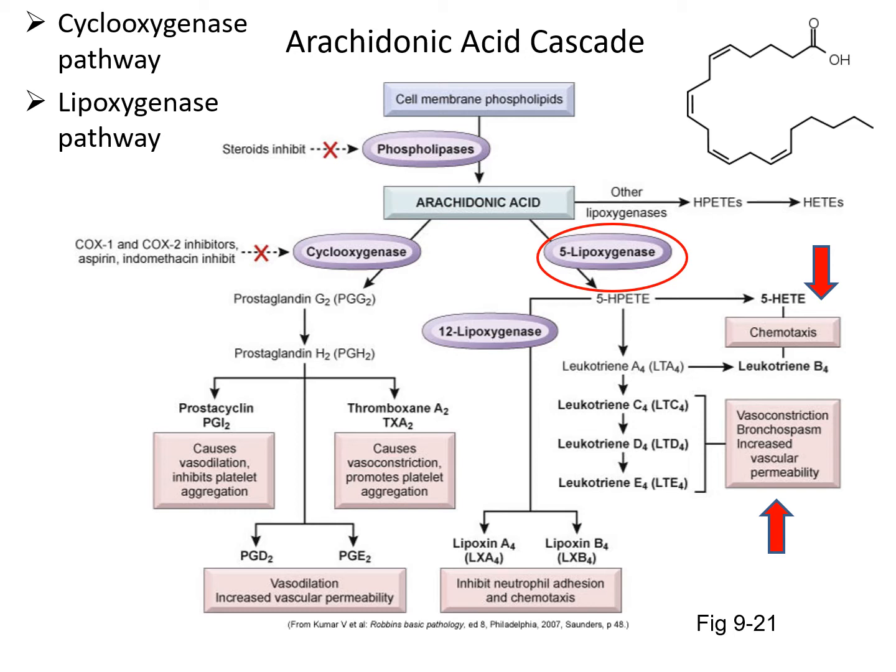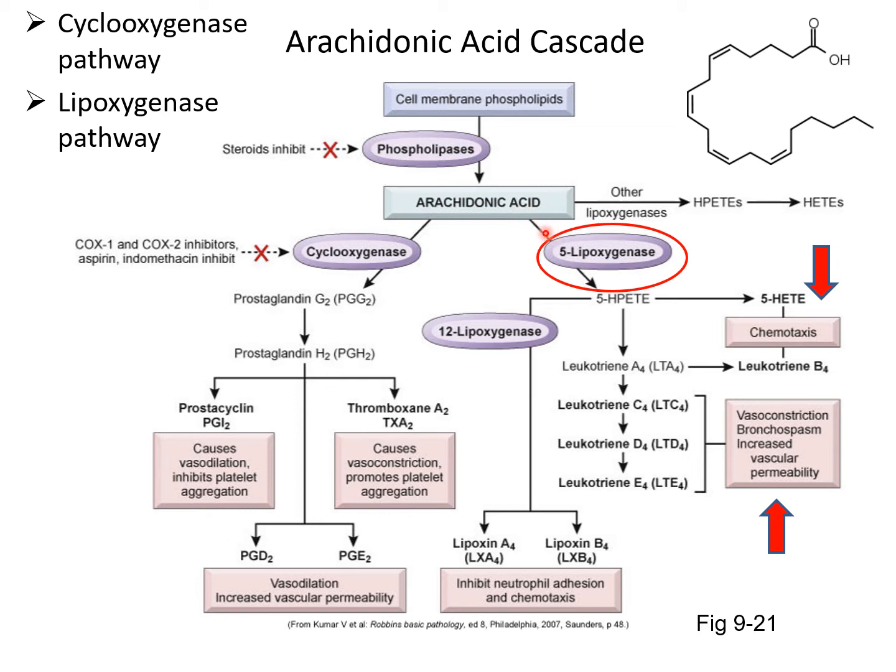We have our two pathways. So I'm going to back up way back to the beginning. If we recall, and I did warn you you'd see this diagram again, we have our cell membrane phospholipids. The source of arachidonic acid is the cell wall itself. Inflammation activates the phospholipase system, which releases arachidonic acid from the phospholipid cell membrane. And then down this direction that I have circled is extremely important in our